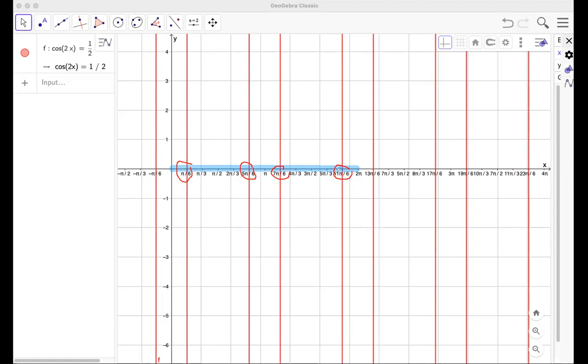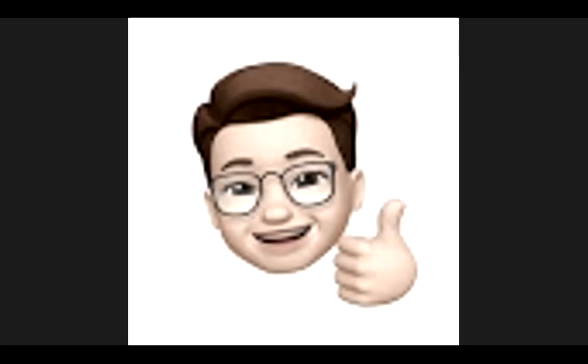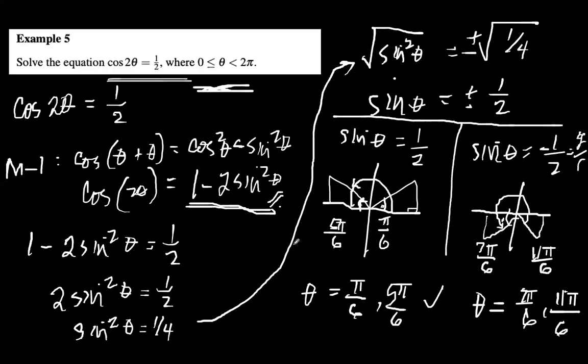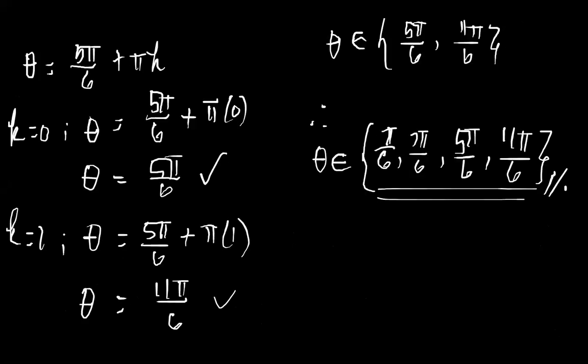So there are 4 answers from 0 to 2 pi, where 2 pi is not included. And we have these values: pi over 6, 5 pi over 6, 7 pi over 6, and 11 pi over 6. So let's go back to our answers to see if we get the same answer when we solve it manually. So we have pi over 6, 7 pi over 6, 11 pi over 6. So we got it correctly. So therefore, these answers are